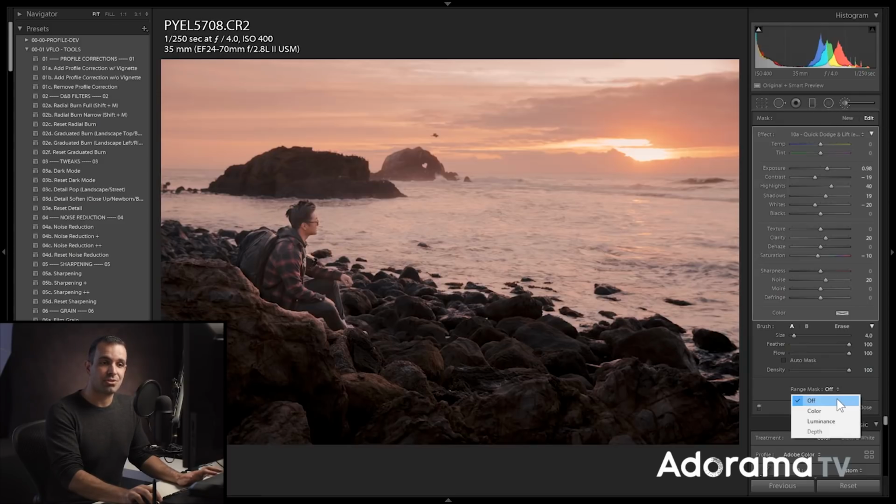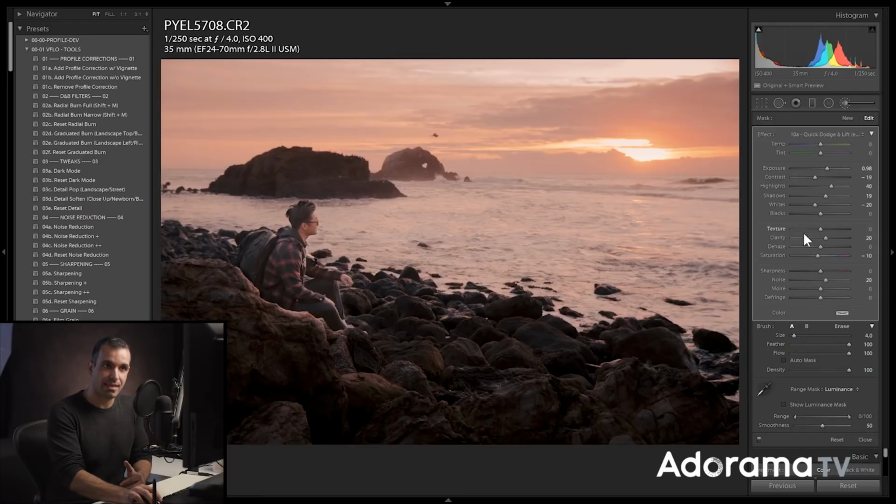Now, by choosing this, you can add a mask, which is going to basically give you the blend if function inside of Photoshop. And what you're telling Lightroom is, I only want you to apply this effect to the areas of the image that are either a certain color or a certain brightness. So what I'm going to tell Lightroom is, do not apply this effect anytime the range drops into the shadows. And watch this. As soon as I click up, you see it drop right off of everything that's a shadow,